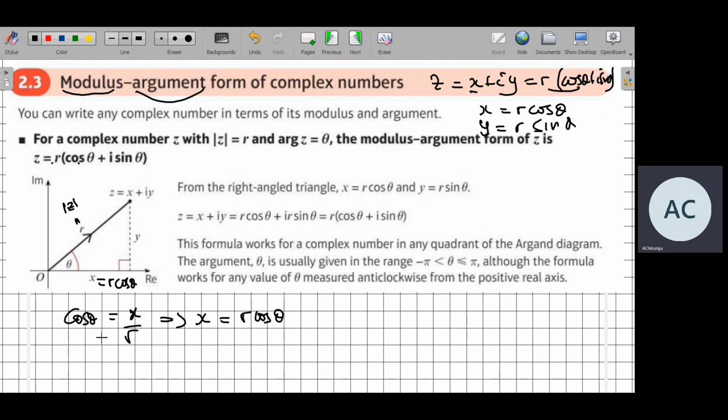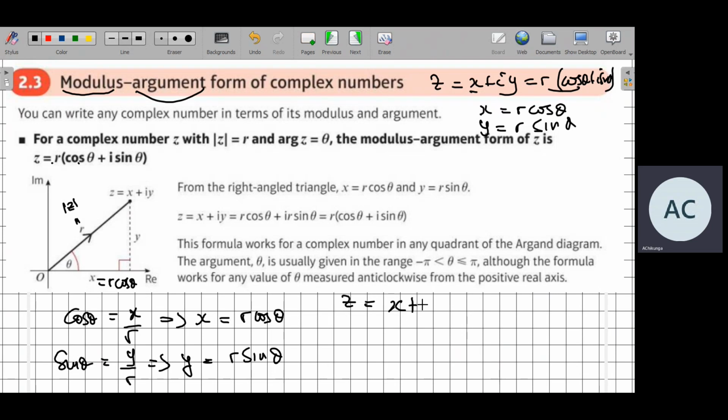Sine theta is opposite over hypotenuse. Which one is the opposite? Y over r. This further implies that y is equal to r sine theta. So originally we had a complex number written in rectangular form as